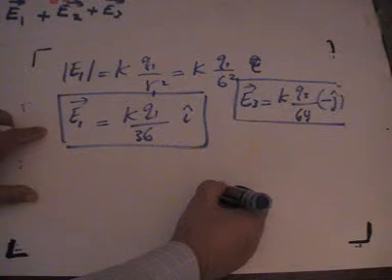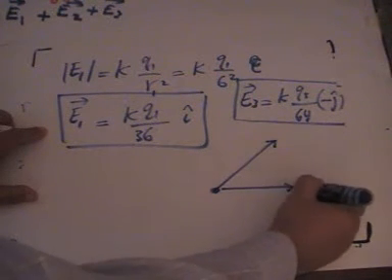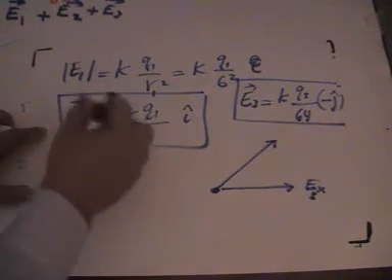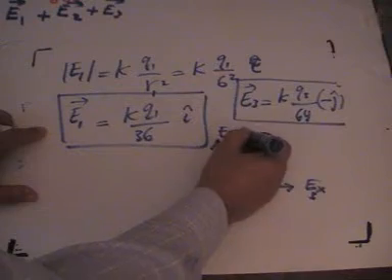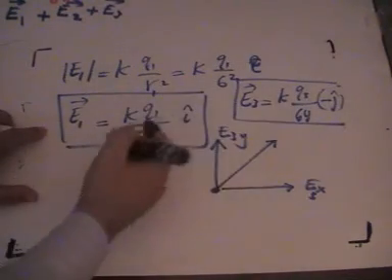This way I need E3x, which is going to be added to this one, and E3y, which is going to be subtracted from this one, because this one is down and this one up,